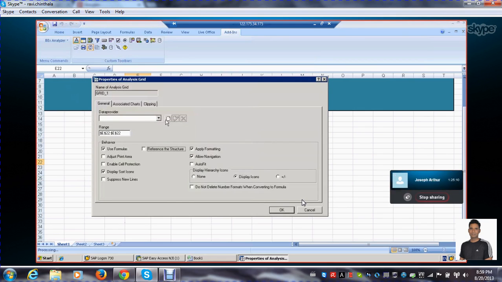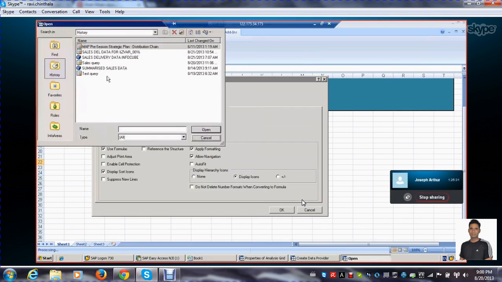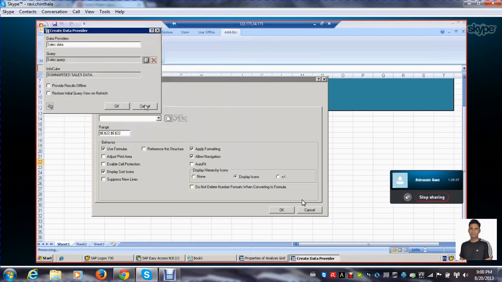and further purpose there is a create data provider here. Click on this and give the data provider name, and you have a query symbol here. Click on this, and you can take the query here from sales query. Okay, so